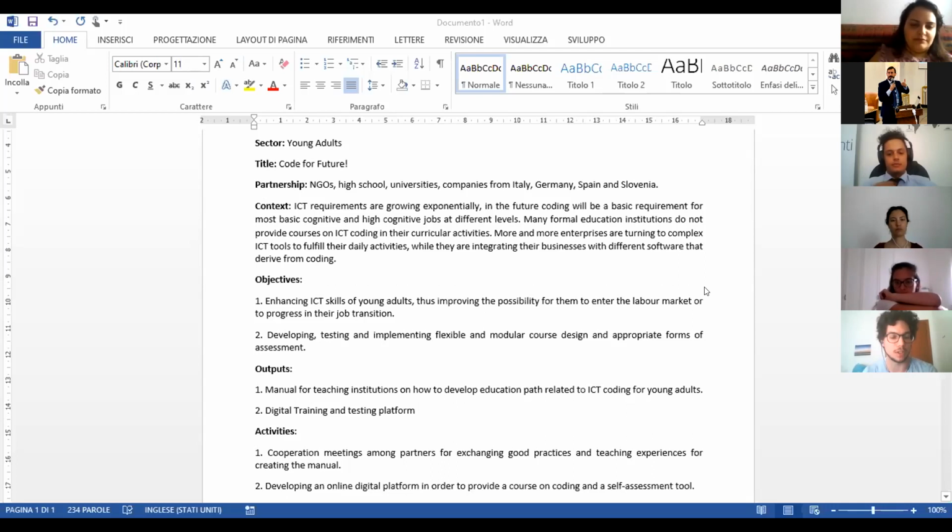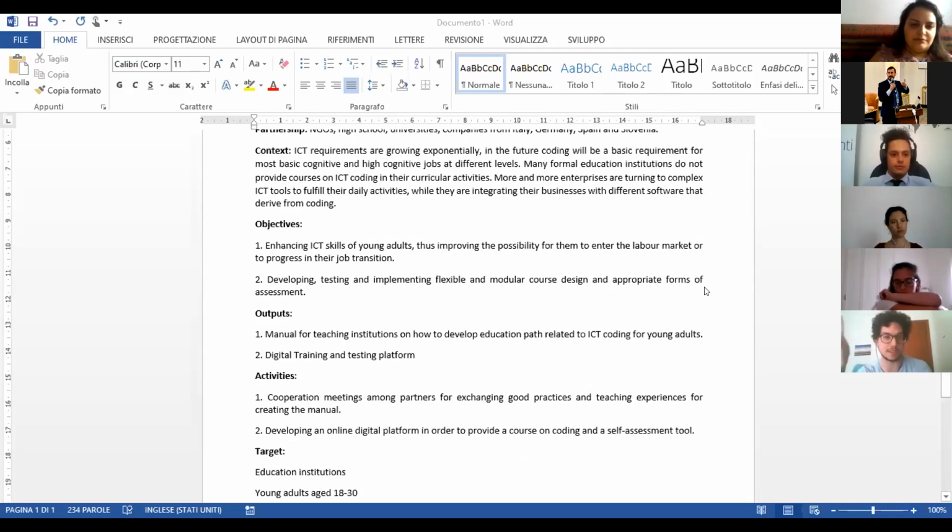So with this project, the objective would be to enhance the ICT skills of young adults, thus improving the possibility for them to enter the labor market or to progress in their job transition. So they're already doing a job, and the company requires them to integrate their skills with some ICT. This project may help them to progress and to get a transition, to have more skills about what the company